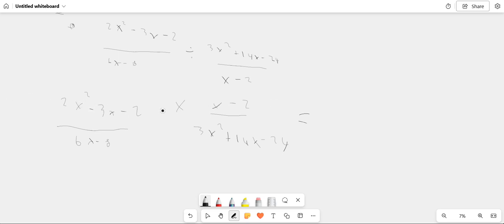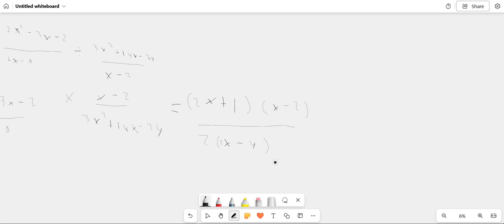So use polynomial again. So put that into polynomial and you'll get 2x plus 1, x minus 2 over 6x minus 8. You know what? Simplify the bottom as well. 6x minus 8, you can take out a 2 from there, yeah? So it's going to become 3x minus 4, yeah? And then times that by the right-hand side simplified, so just